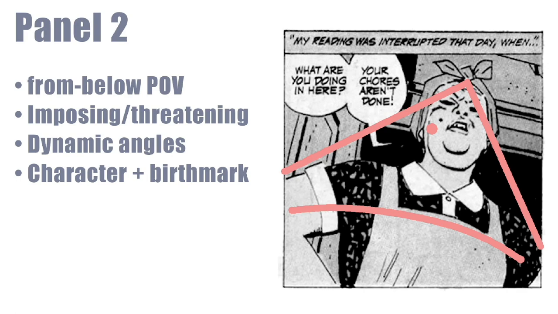And then lastly, the character, you'll notice on the cheek, has a birthmark. That's integral to the whole story, and Toth makes very sure that we see that birthmark on the character's face, and that's key to storytelling. He could choose all kinds of things here, but he makes sure that we see a close-up or a medium close-up of that stepmother with the birthmark, because it's key to storytelling later in the story. Go off and read that, find it online or wherever, or dig out the comic, and you'll see that it's very important, and that's key to Toth's approach in this regard.